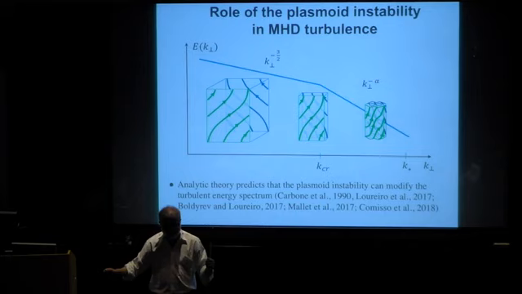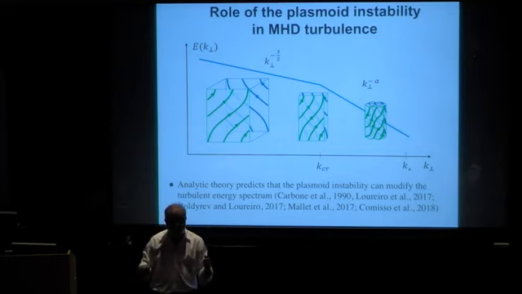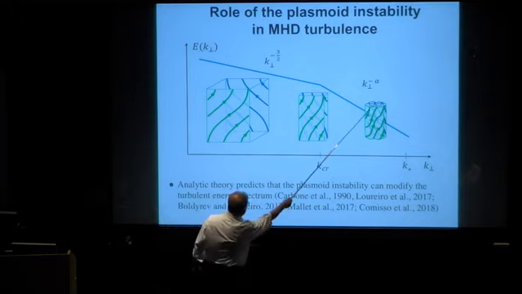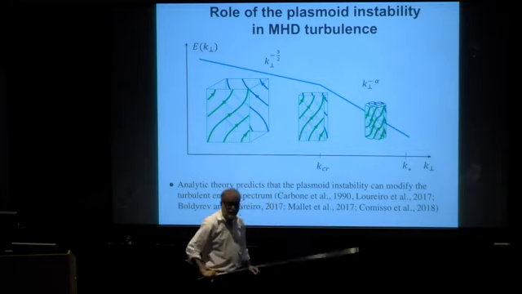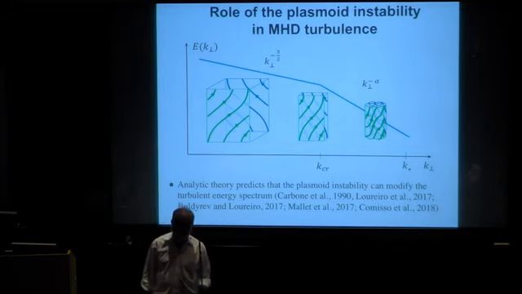tensor effects or anything. Have we calculated that? Luca Commisso, when he was a postdoctoral colleague in my group, actually analytically worked that out. And he found that due to current sheet presence, you'll begin to see disruption of the current sheets. And this particular width, K critical, is determined not by your dissipation, but when the plasmoid instability onsets. He has made a prediction in 2D and 3D.